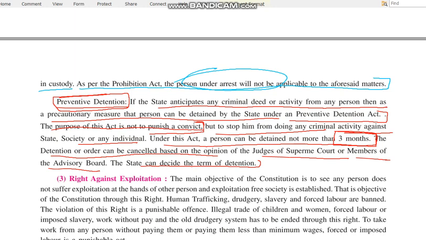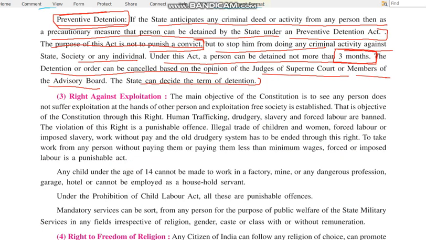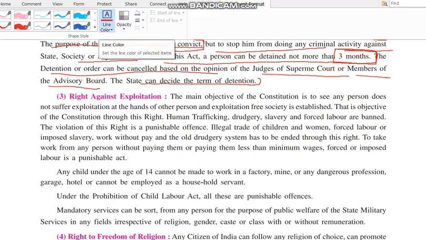It is purely on the state to decide the term of detention, how much time the person will be in jail, that can be decided, but he cannot be kept in jail for more than 3 months. The next right is the right against